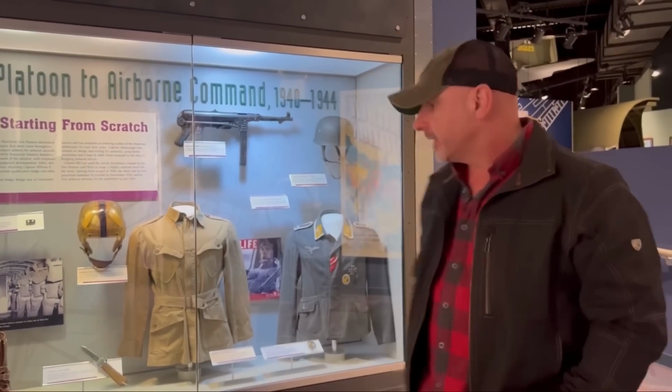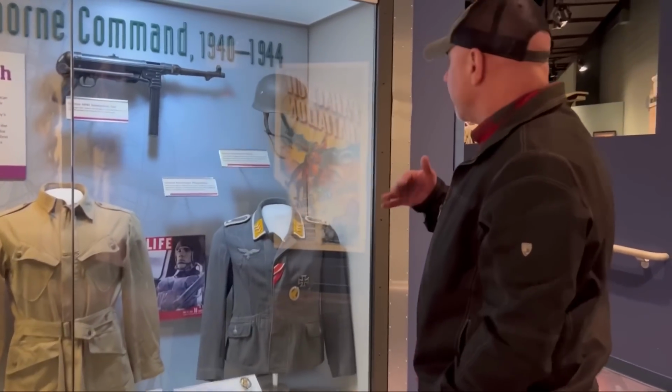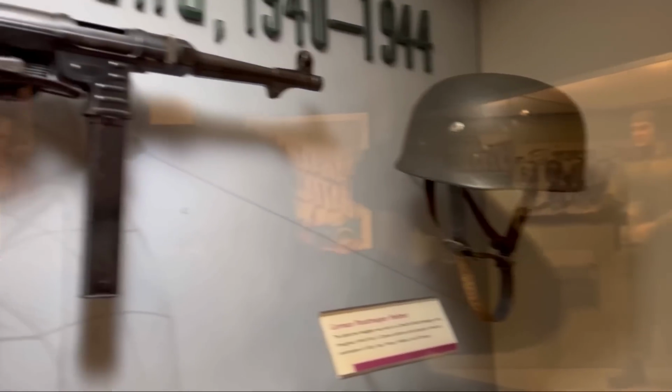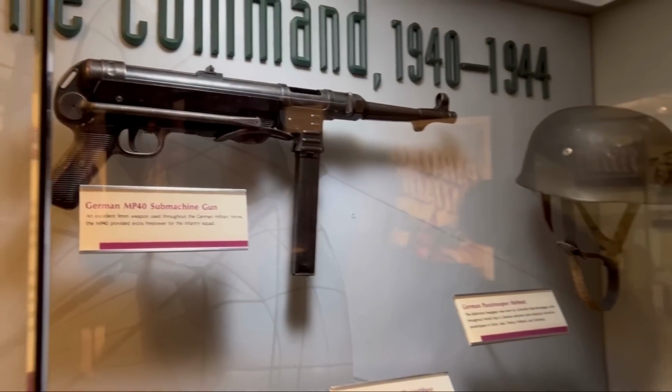I love museums, man, and this is a really cool one. But if you look here, World War II stuff, we bounce around kind of thing. Fallschirmjäger helmet, the German Airborne helmet, the MP40 submachine gun, 9x19 Parabellum round,